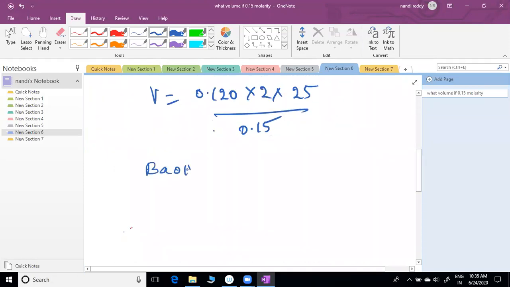Barium hydroxide, HCl. Now what will we get? Which is positive, which is negative? Who asked for that equation? Please respond. Which is positive, which is negative, then how to balance? Right? Equation.